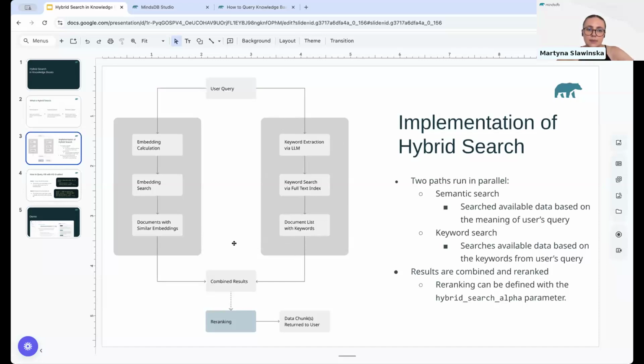And then the two results from semantic and keyword searches are combined and re-ranked in order to return the most relevant ones to the user. This re-ranking happens either using the default re-ranking model available in the knowledge base. Optionally, you can provide a re-ranking model in the knowledge base. If you do, this will be used by default. Otherwise, there is also a hybrid search specific re-ranking